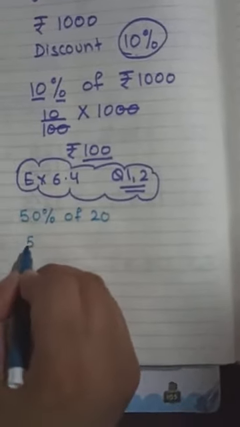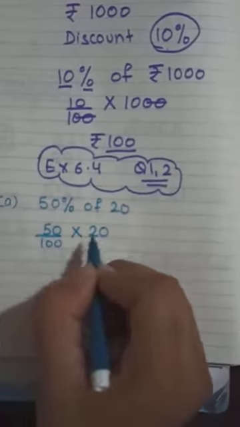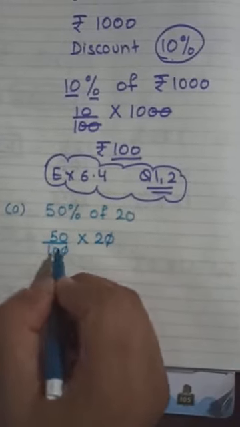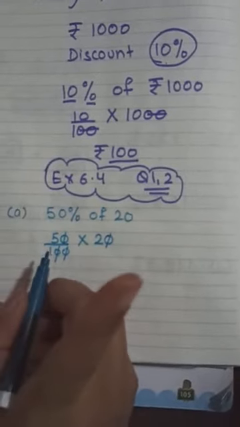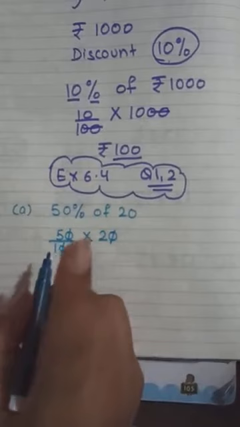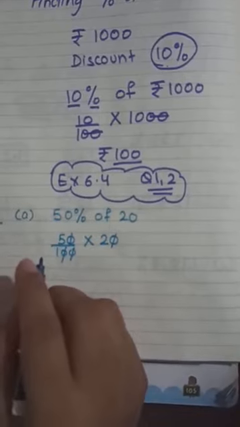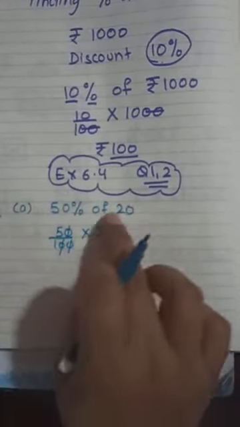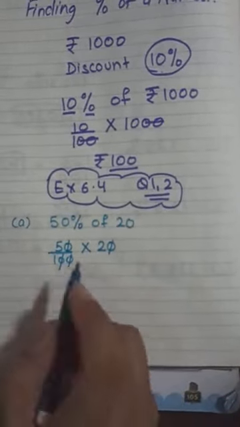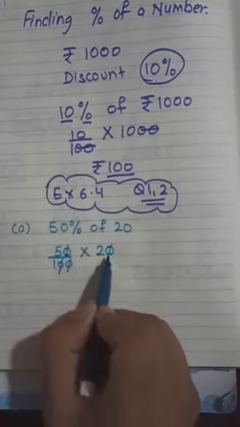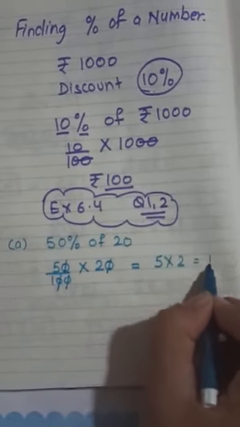So I will write 50 upon 100. Of means multiply into 20. So 1 0 goes from here, 1 0 goes from here. Children, you have to do the cutting. One number from the numerator and one from the denominator. Always remember that there is no cutting possible when we have numerator with numerator. That means you don't have to do any cutting on the upper side. Whenever we are doing cutting, one number from the top and one from the bottom. So I have taken 1 0 from the top, 1 here, 1 from the top, 1 here. So we are left with 5 into 2, that is 10.